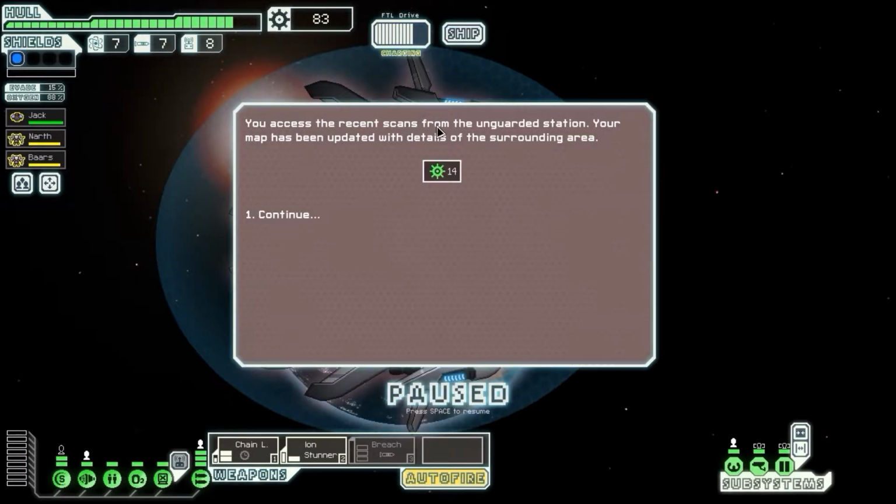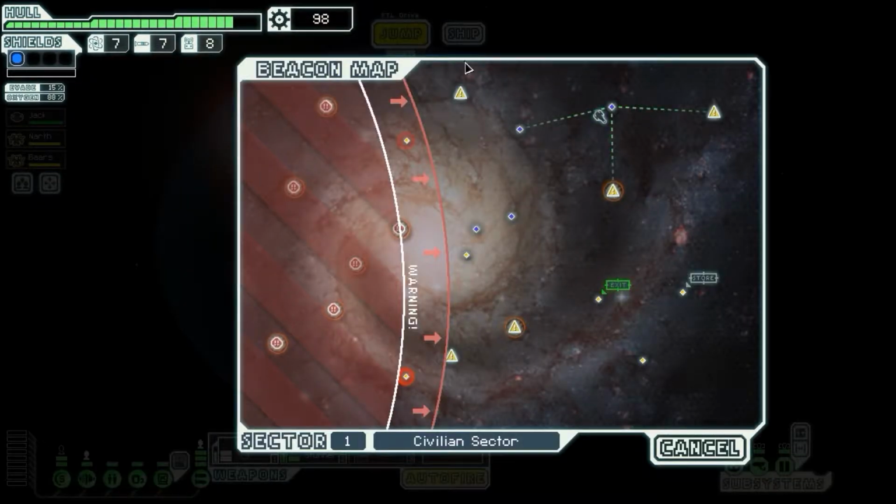Alright, you access the recent scans from the unguarded station. Your map has been updated with details of the surrounding area. That's pretty cool. And I got 14 scrap. Awesome. So, what's going on here? We've got a store right here, which is awesome. Okay, so because we got the information from there, it says unvisited, possible ship detected, asteroid field detected